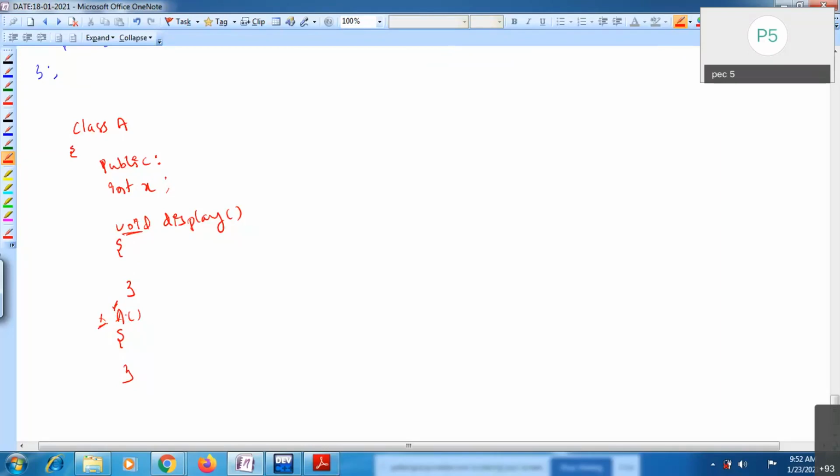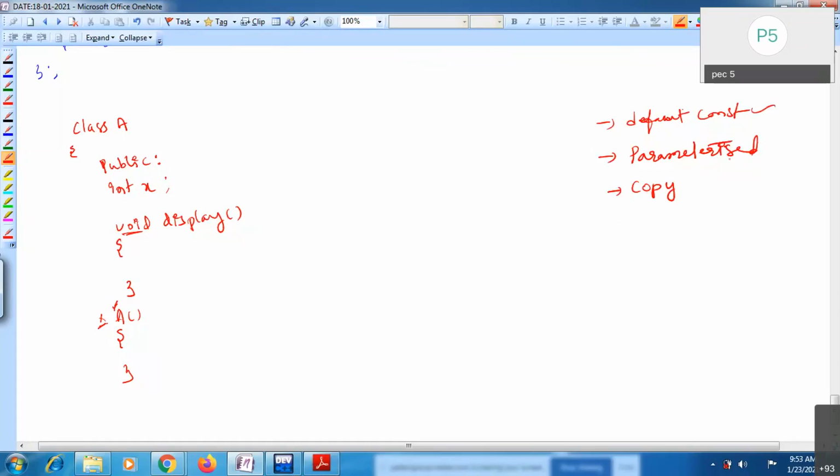And a constructor may take some parameters. If the constructor is not taking any parameters, it is a default constructor. We have three types of constructors, right? One is default constructor. Tell me, does anyone remember? We have already seen these things.